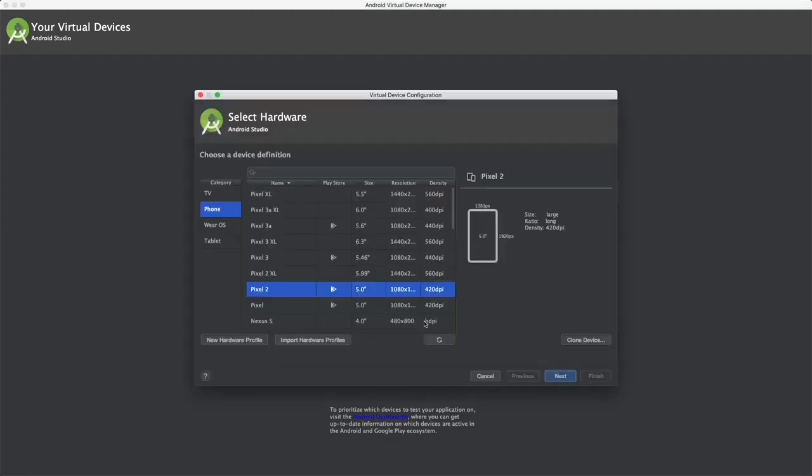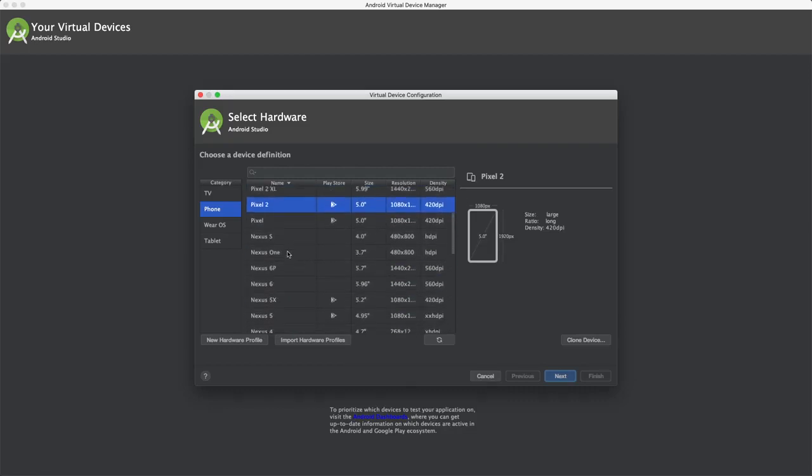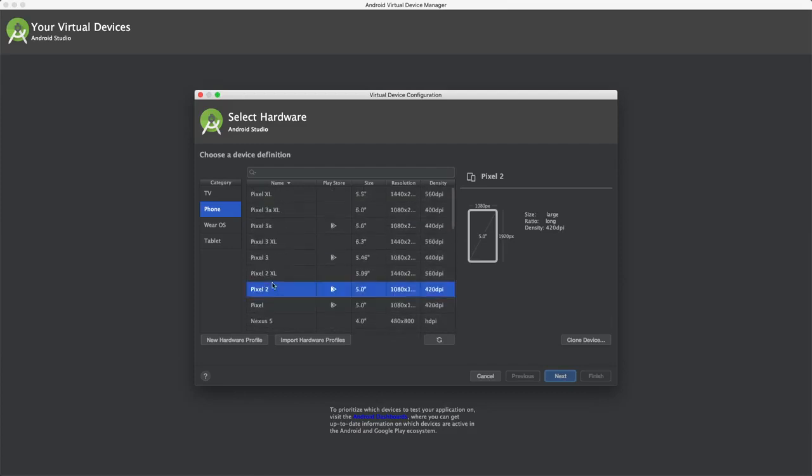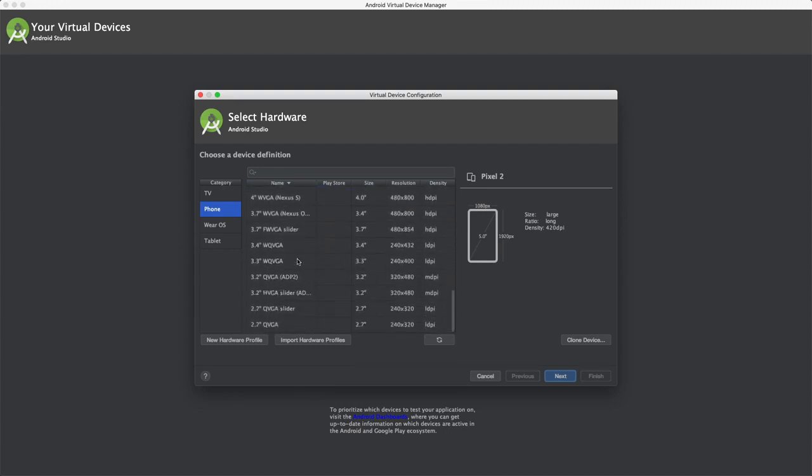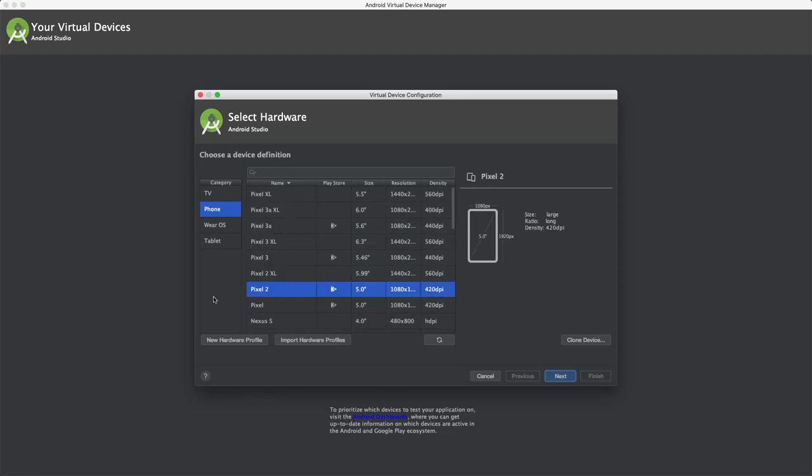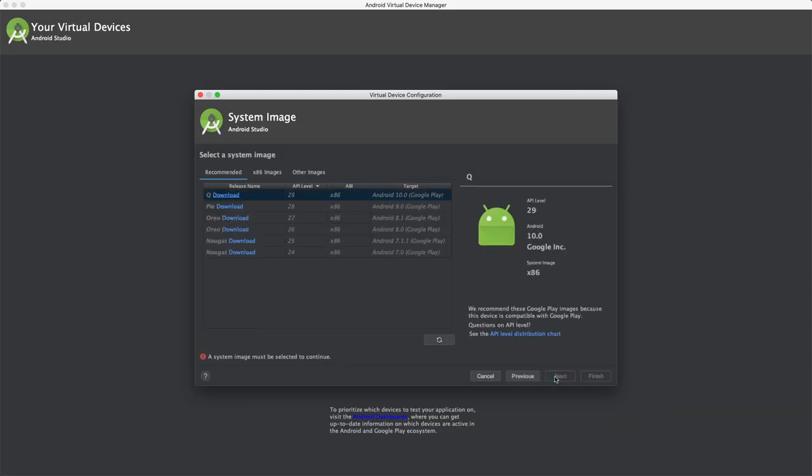So let's create a virtual device, and you get a whole bunch of different phone options pop up here. So you can see here are the Pixel phones. We have some of the Nexus, yada, yada, yada. I'm not really a huge Android user. I know Java. Obviously, I know a little bit about Android development, but my day-to-day use phone, at least right now, is an Apple phone. So I don't know all the differences between all of these, but hopefully that's something we can explore as this series goes on if we need to explore different options on here. So we're going to start with the Pixel phones, and let's go with Pixel 3a. That looks fun. And then you click Next